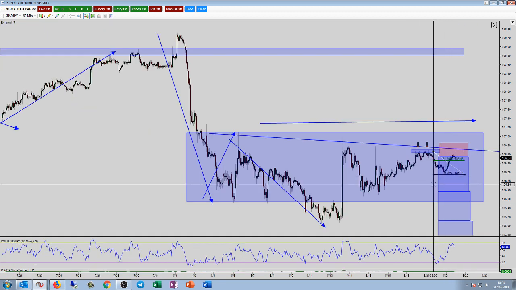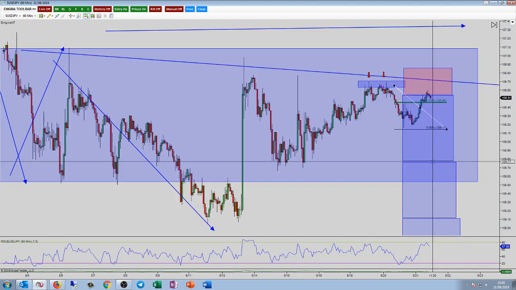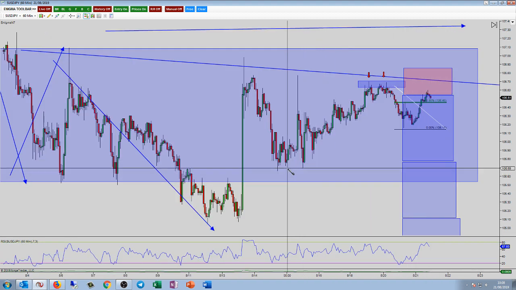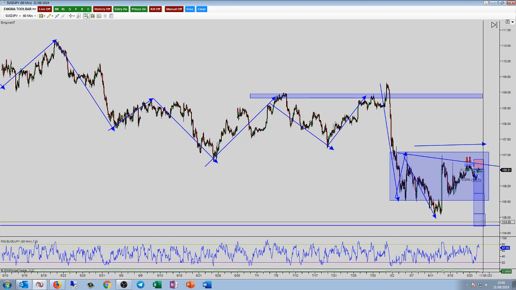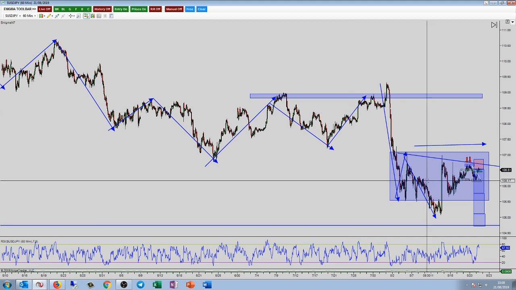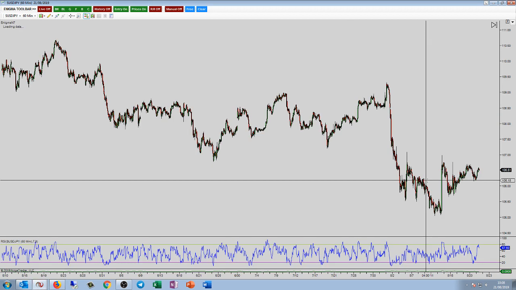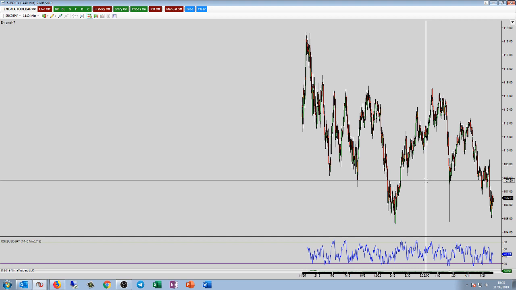you have another 2618 there. Again, similar situation. I would look at first targets, retest of this level, second targets down here, and if you are holding for third targets, all the way down at that lower level. Let's just go and do the full top-down analysis on this then.